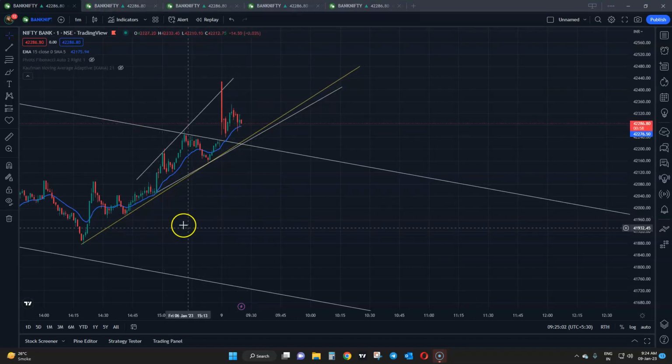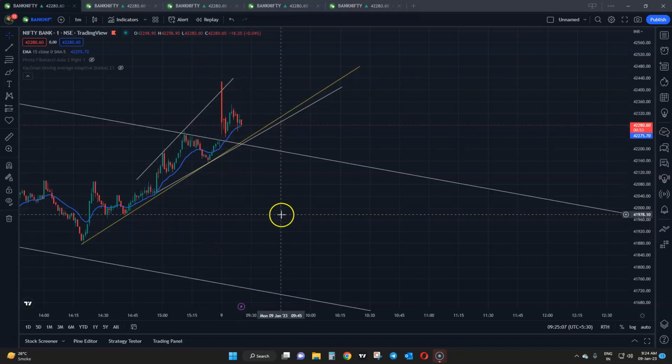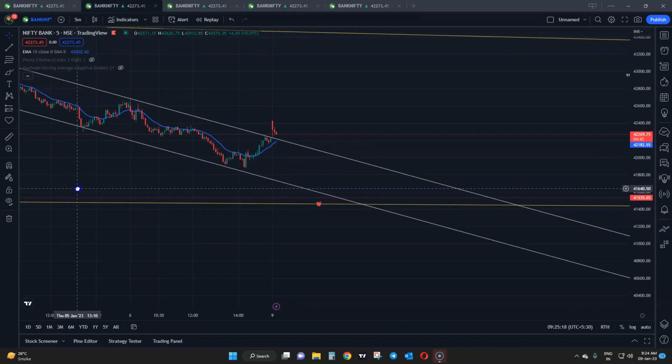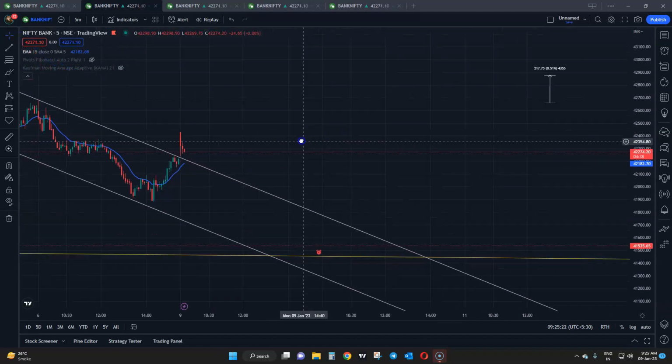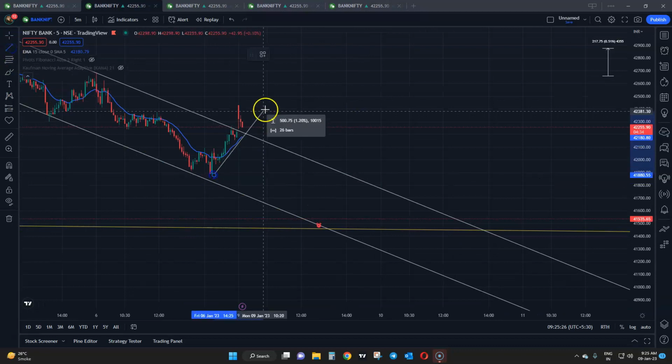But this is a 1 minute chart, so I don't know how strong this wedge reversal would be, but at least knowing that there is a wedge reversal would help us be prepared for a down move. The 5 minute charts, well, I don't see